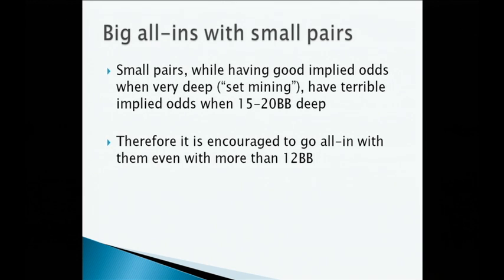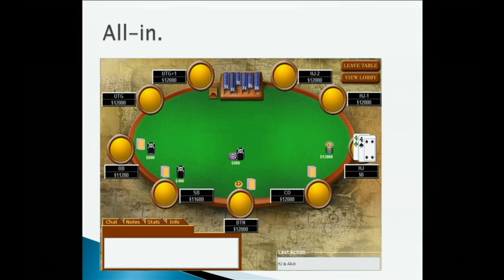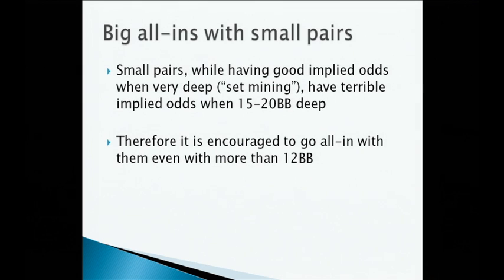So in the last class, I talked about set mining. I said small pairs are great when you have like 100 big blinds, because you can try to hit 3 of a kind and just win a massive amount of money when you do. But they actually have terrible implied odds when it's like 20 big blinds deep, because you only hit 3 of a kind 1/8 of the time. When you do, the total effective stack size is not enough for you to recoup your losses. And when you don't, you're just always going to be sitting there with a pair of 4s, and there's always going to be higher cards on the board. It's going to be like ace, jack, 10, and you're always playing a guessing game. Does my opponent have a better pair? And you just can't make good decisions. So that's why with small pairs, just going all in, even for a lot of big blinds, is reasonable.